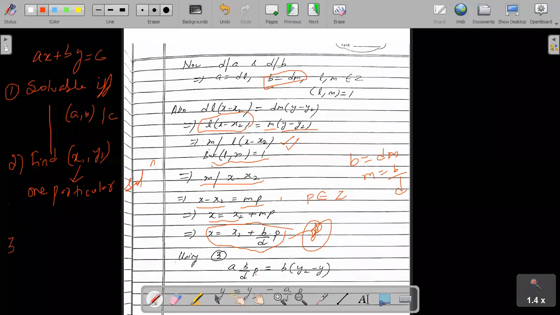And then the last step is the general solution. So here if you see everything is integer, so we will have the general integral solution. What is it? x is equal to x1, so x के साथ दूसरी टर्म आएगी, b by d into p, and y is equal to y1 minus a by d into p, where p belongs to integers. So these are the three steps which you will be following in this one, right? So all the questions are of similar type, nothing new. Whole of this chapter has only one exercise, this one, and almost all the questions are of this type only.